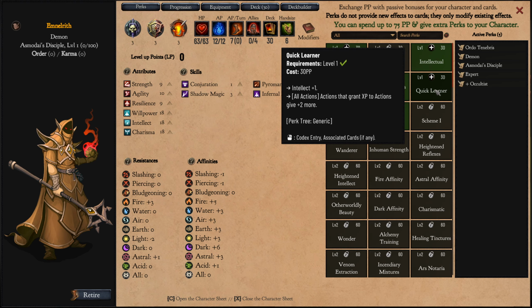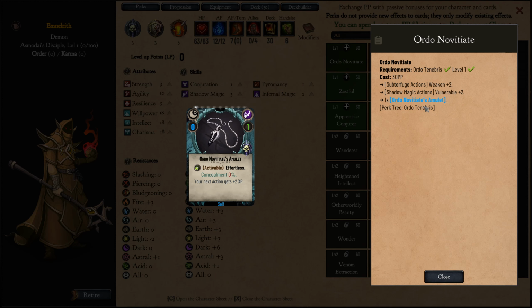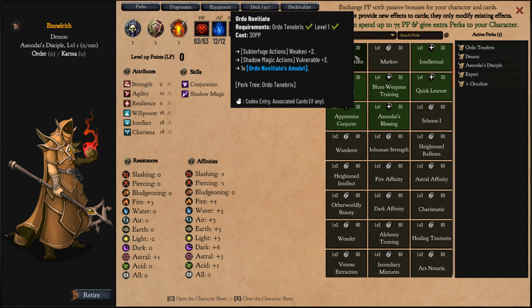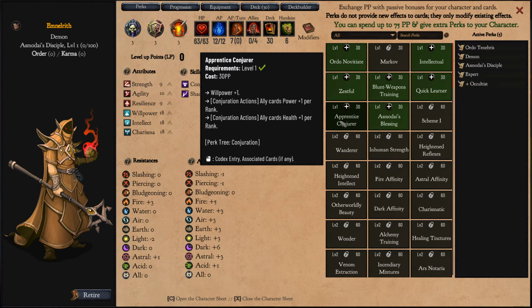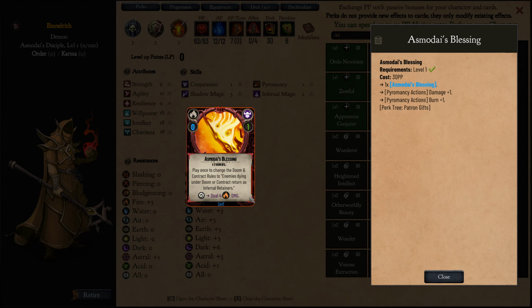Quick learner. So this just doubles what this amulet does, just increases XP for actions. I mean, it would just make this amulet twice as useful. It does +2 XP, and if we took both, that would make this amulet give us 4 XP, which is not very useful right now. Ally power and ally health. That can be quite useful. And actually, I think I want this. I want...